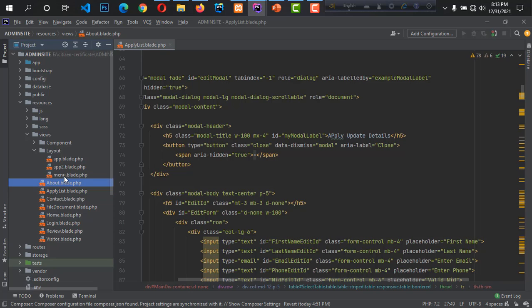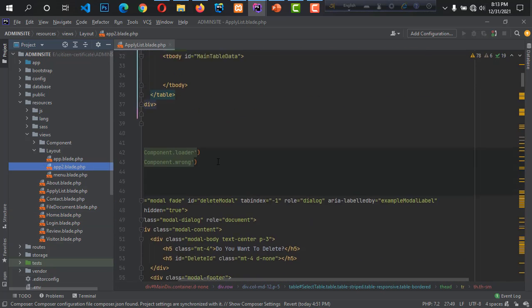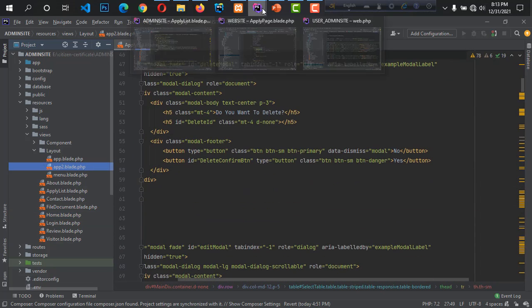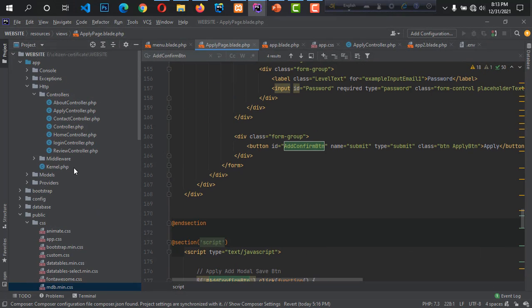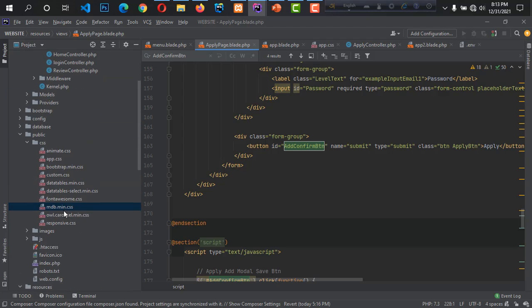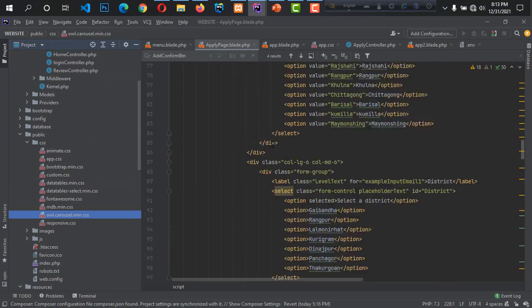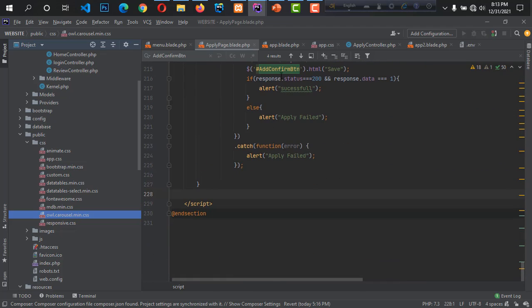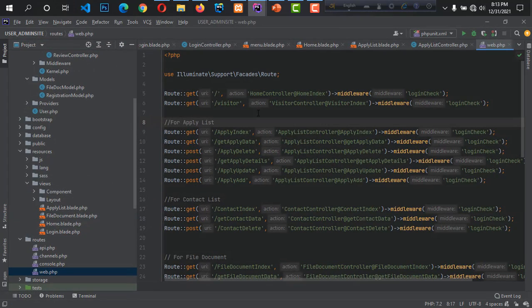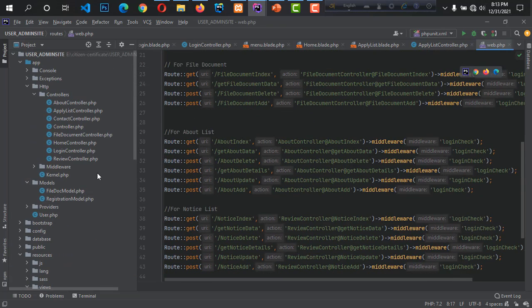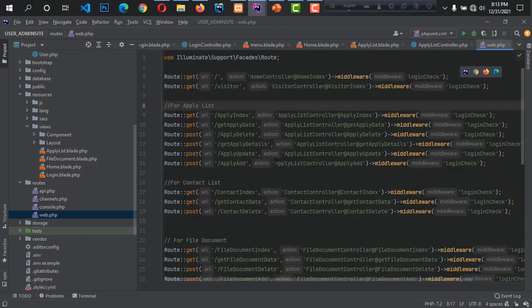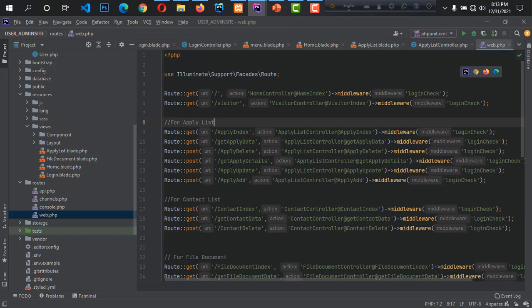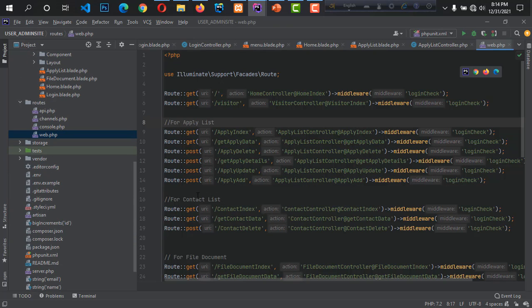Here is all the code of admin, and this is the code of user. Here is the code of user, and here is the code of user after login. And for those who register, this is the code of the user who registers.